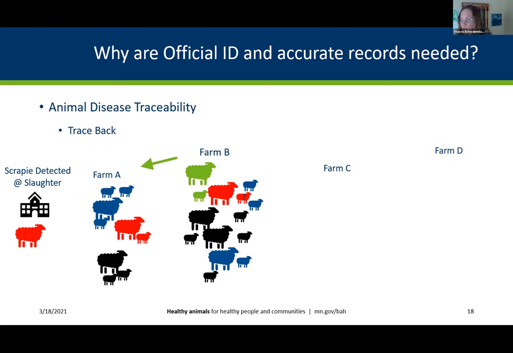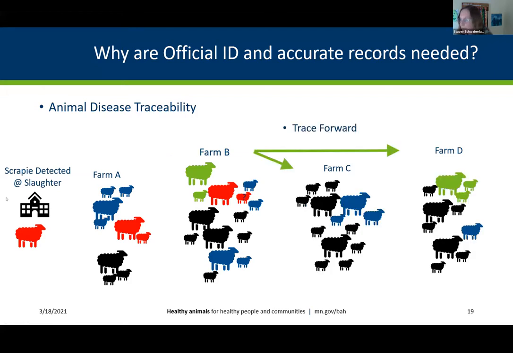So luckily, we don't have to trace any further back, but now we have 2 farms that might have been infected with Scrapie. And what we have to do next is follow all of the animals forward that might have been on the property and exposed to this ewe at any point when she was lambing, where we think she might have been transmitting the disease.